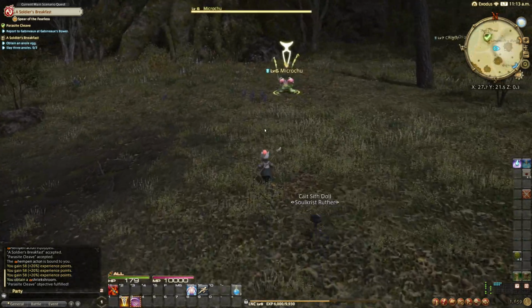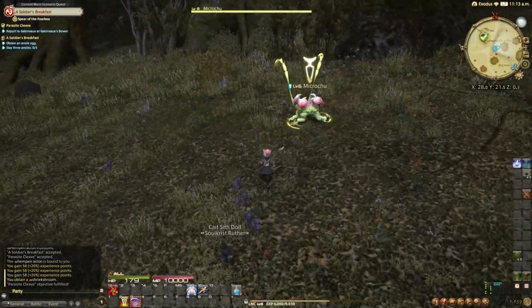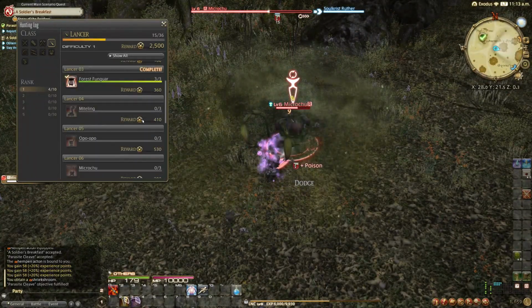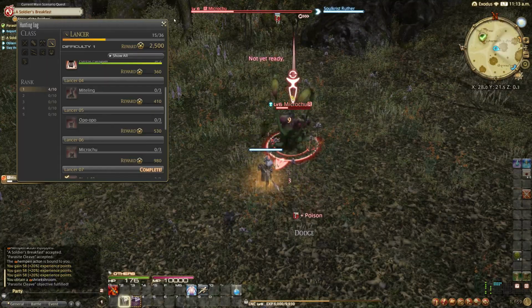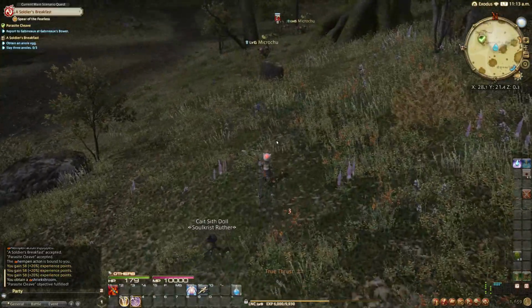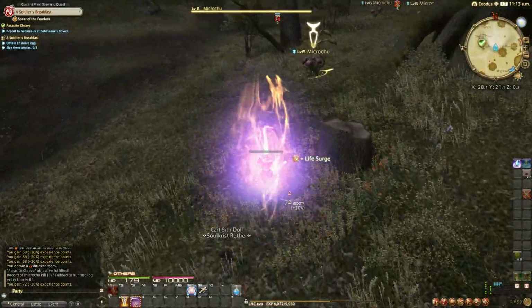A micro chew, and look at that. It's part of our hunt. Let's do a quick look in H. How many of you do we need? We need 3, and we'll get 980 experience. I'm going to use another thrust, because that way I can go up to this one with a crit and